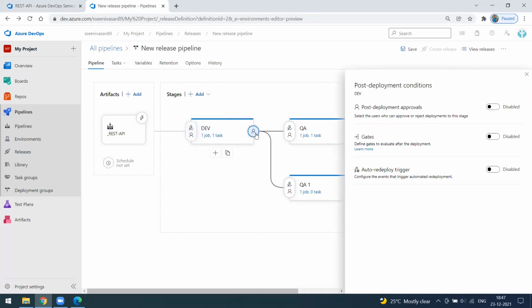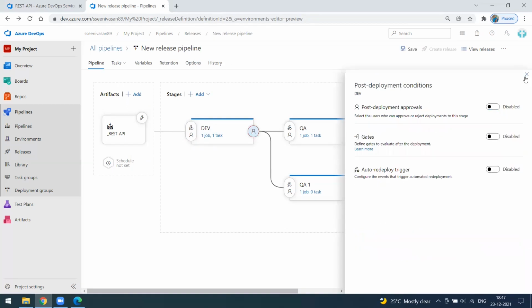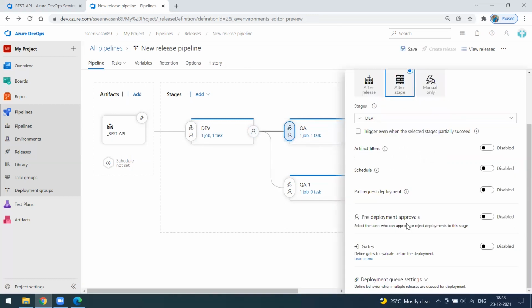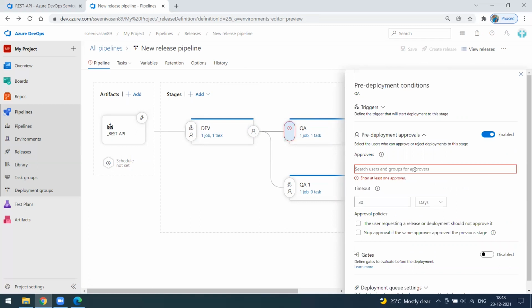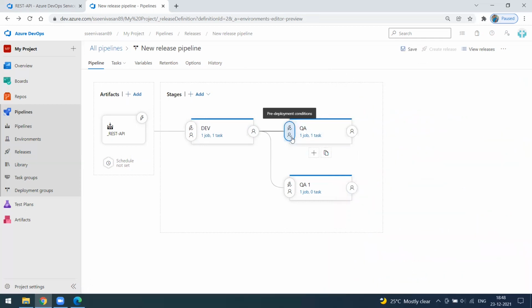So similarly for post deployment also, we have the same set of conditions like auto trigger dates, and we have post deployment approval also, right? So here also you can see my name, right? So now I will disable this one. I will come to here and I will do the same setup here. Okay, I will add the pre-deployment approval. Okay, so this one I have added now. Now you can see that a tick indicator is coming, where someone has to manually approve. Okay, so I just saved this one.